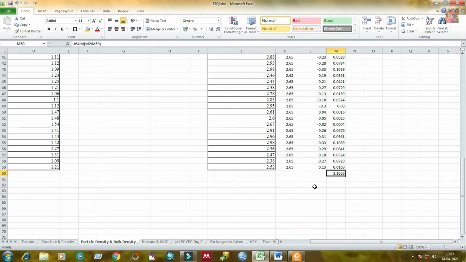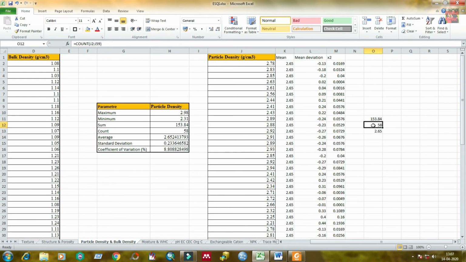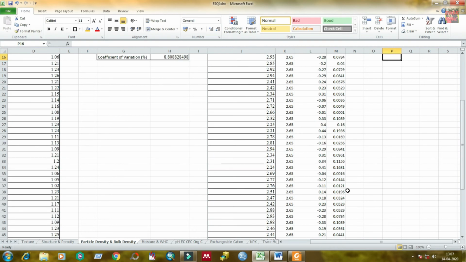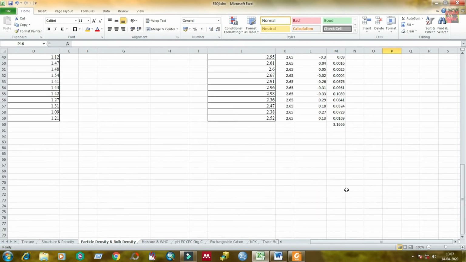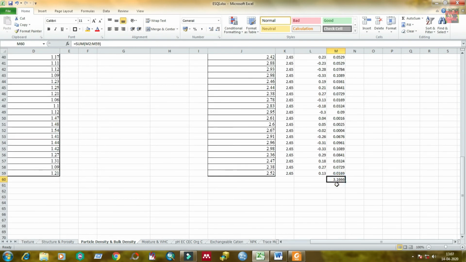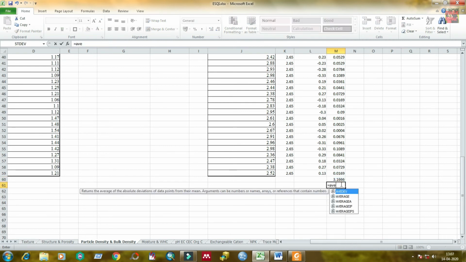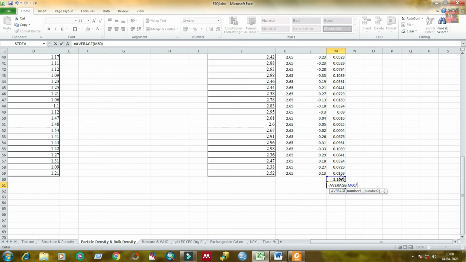Then you need to calculate the mean or average from this data. First, in the same way, type average, then select all the x squared data, and divide it by the count value.